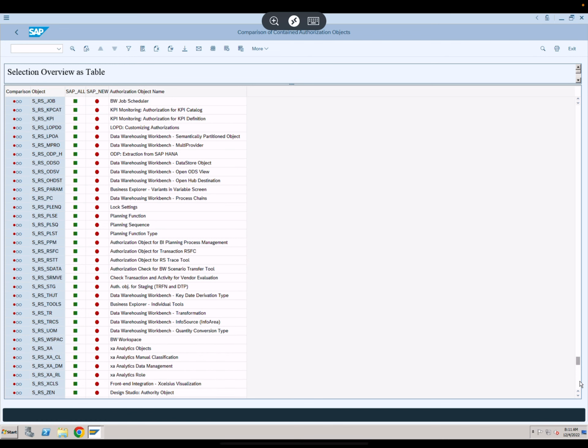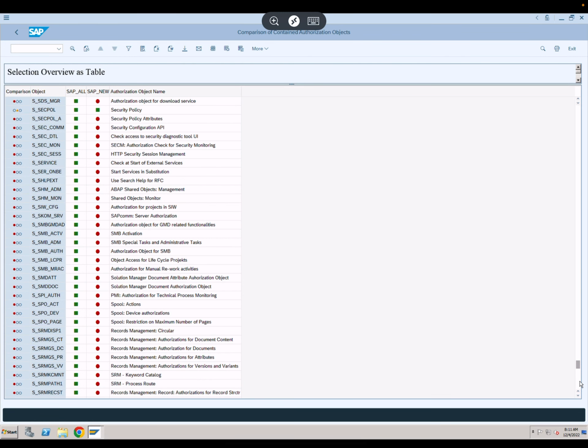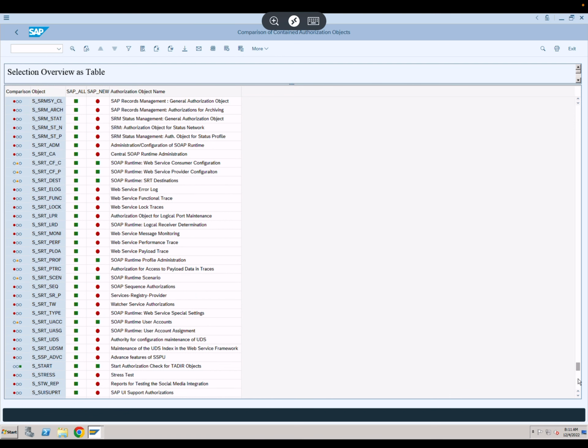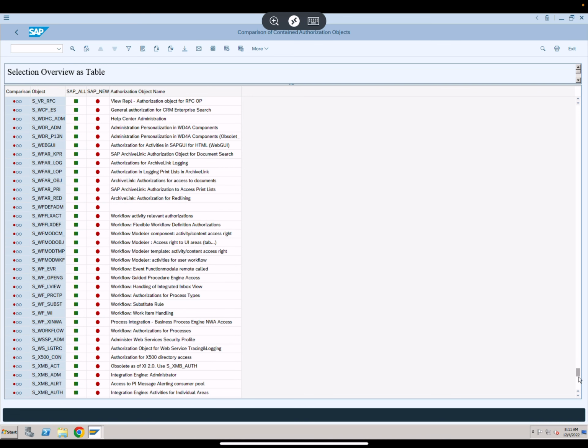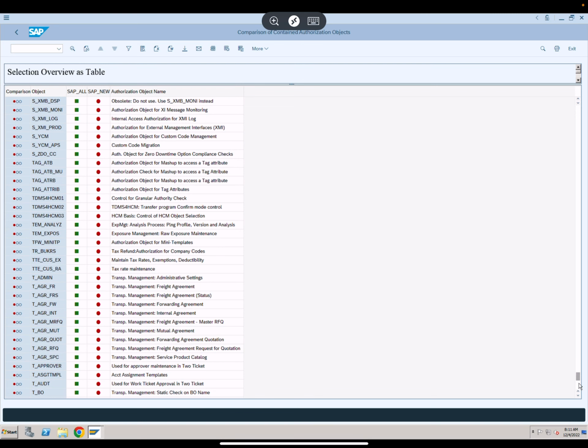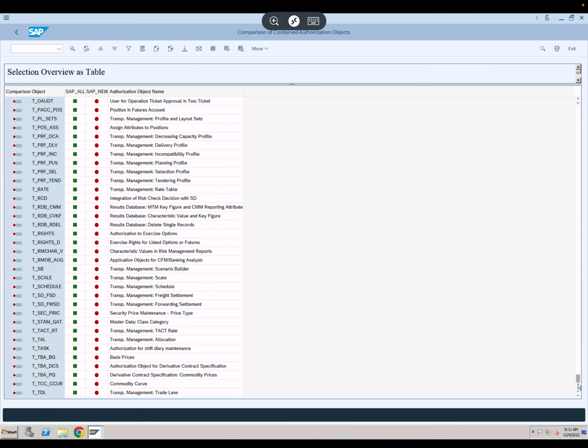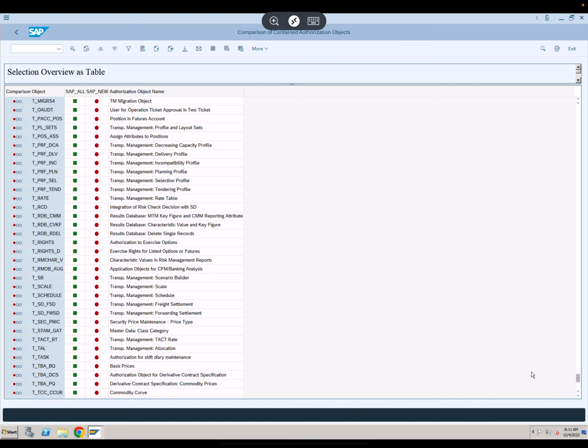So you're seeing a few greens here, right? Whatever new things come, I would say SAP All is kind of a super daddy, and SAP New is like something with one or two objects, three objects, four objects, which kind of just got released, and SAP probably would add into that. And you can always rebuild these ones, which we can go deeper into. If you want to cover SAP All or SAP New in more detail, I would say just a video on that, we can do that as well. But yeah, just to know the difference between SAP All and SAP New: SAP All is everything, standard SAP objects with star values. SAP New is whatever delta and whatever new objects come in, that's part of SAP New.